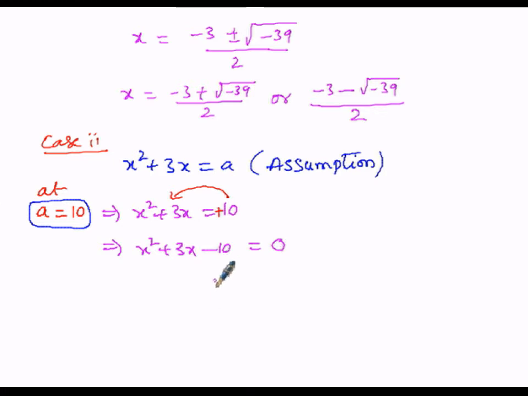Now let us work out this problem. Let us find out the value of this x. There are two values. So let us find out the value of x, that is a variable. To find the variable's value, let us follow the first method, that is the factorization method.